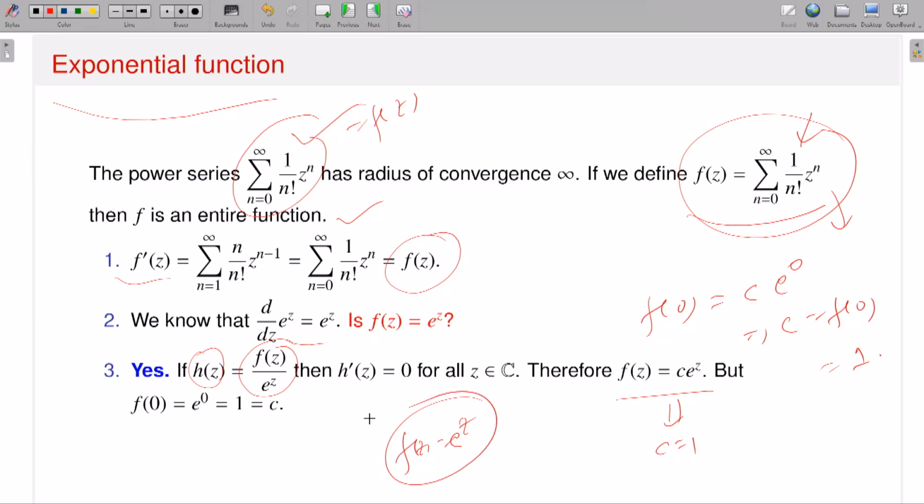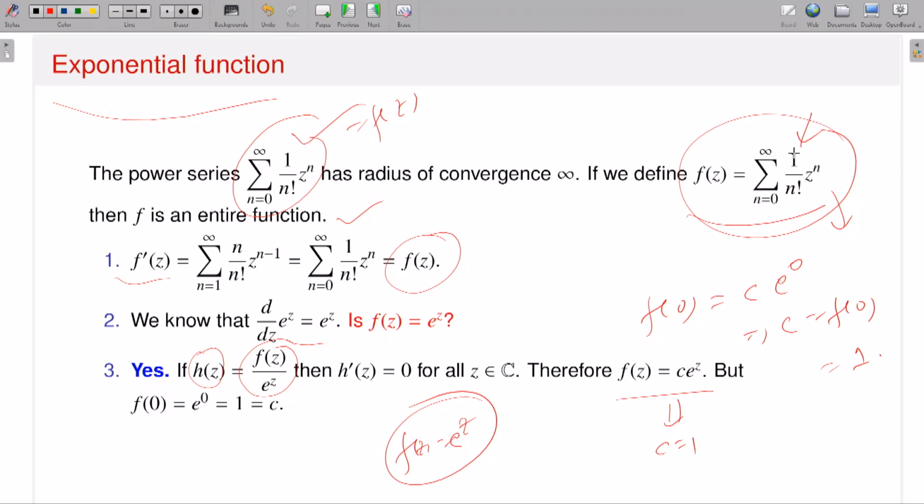So now, since I have a power series expansion of e to the power z, namely the sum of 1 by factorial n z to the power n, the sum function f is nothing but e to the power z. So now I think it is quite clear. If I ask what my exponential function is, I will say that yes,